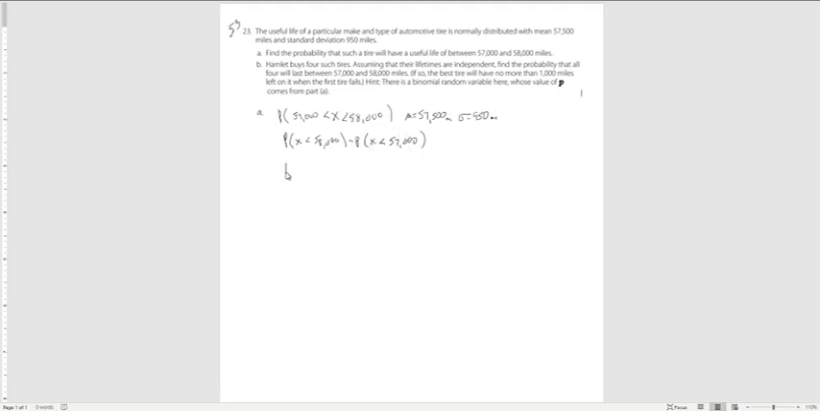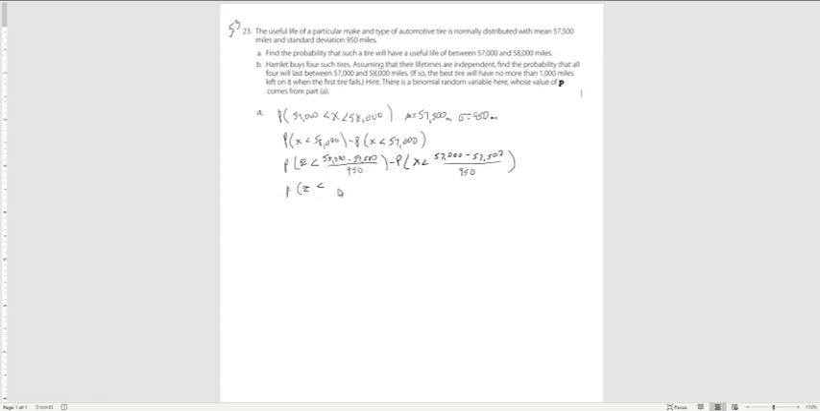And we have to transform these, so we have the probability that z is less than 58,000 minus the mean, which we're given as 57,500, divided by the standard deviation, minus the probability that x is less than 57,000 minus 57,500 over 950. And this is the problem. So when you work that out, this is z less than